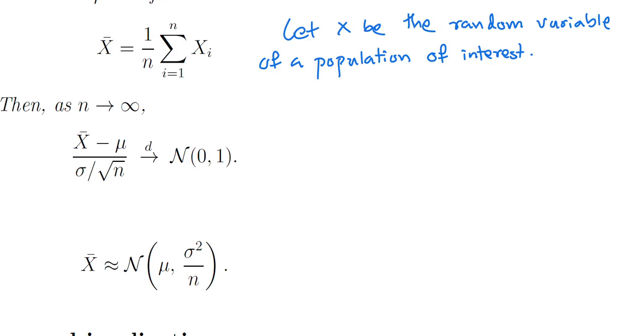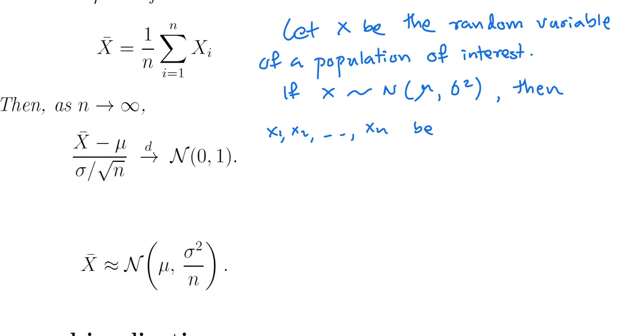Now, from theorem 4, we learned that if X is normally distributed with mean mu and variance sigma squared, and we take X1, X2 to Xn as a random sample from the population,